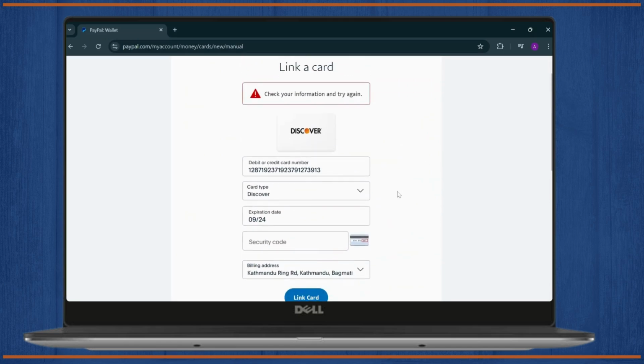After you've linked your card, what you need to do is go back to the wallets, and after you go to the wallets, you'll see an option that says gift cards. Click on the gift cards option, and then after you've clicked on the gift cards option, you will be able